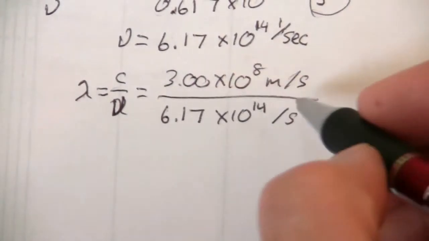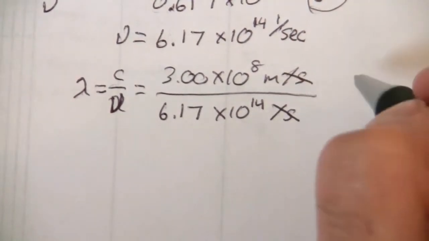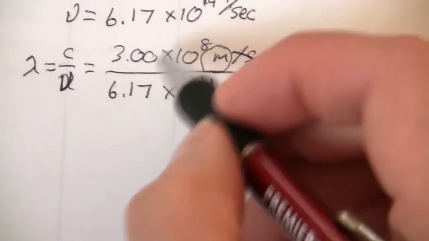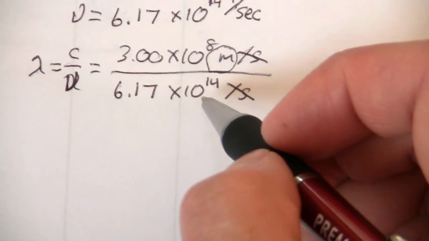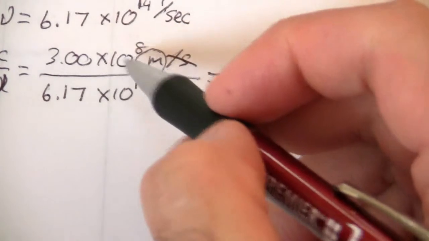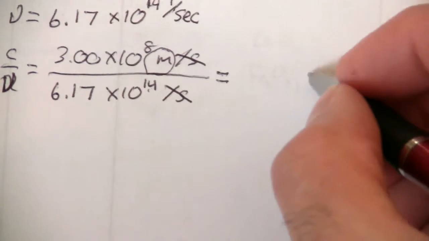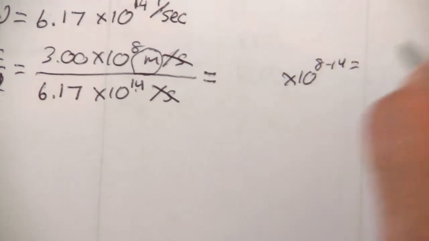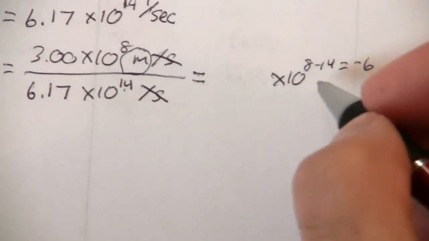Okay, so you'll notice I have seconds on the top and seconds on the bottom, so that part is going to cancel out, and I'll be left with meters. Okay, so here again, I've got two numbers that I'm dividing, both in scientific notation. And so the way this is going to work is 8 minus 14. So I'll have this part and then times 10 to the 8 minus 14, which is negative 6. All right, so